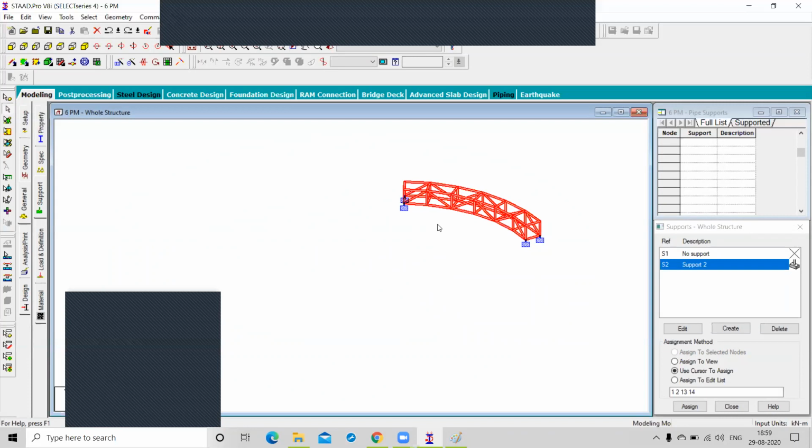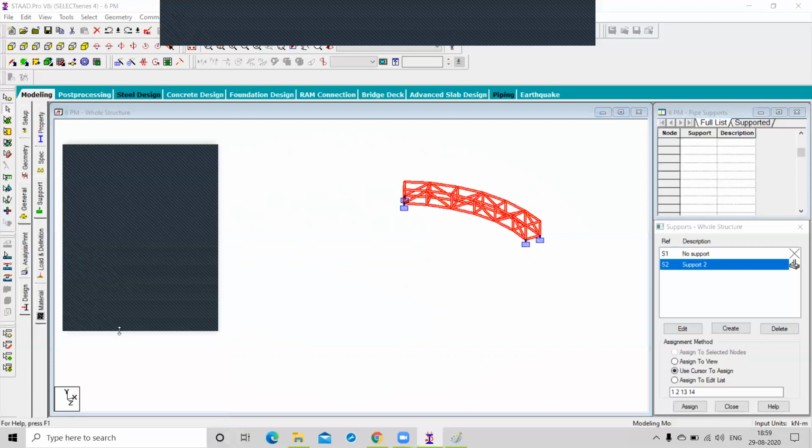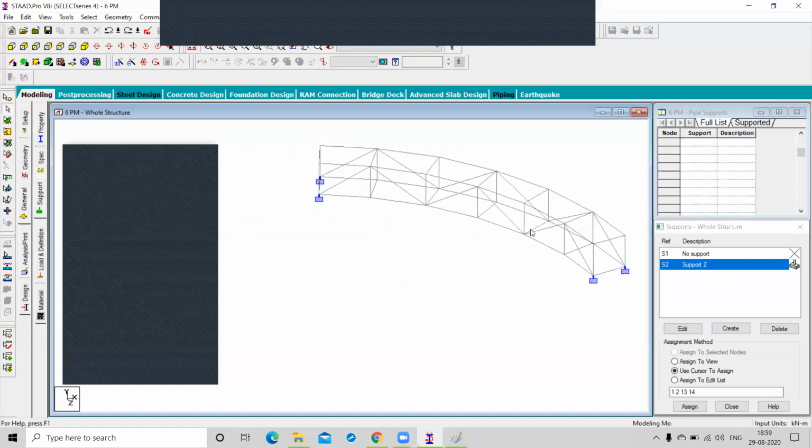Can it be 60? 58. In the starting I rotate this member by 9 degree, and again now I do the circular repeat 4 times at 10 degree.